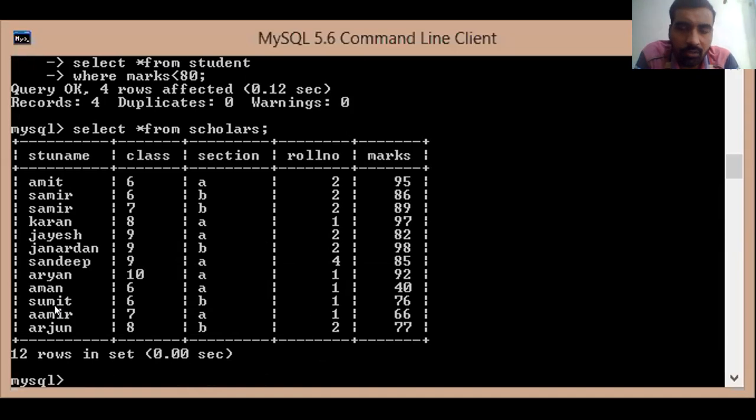Have you understood? Sir, you have given marks less than. Yes, I had given marks less than 80. Sir. Yeah, any problem? Then it is coming more than 90. Sir, marks having 95, 86 also coming. Did you forget last time what I had done? Before this, I told 2 times, no?